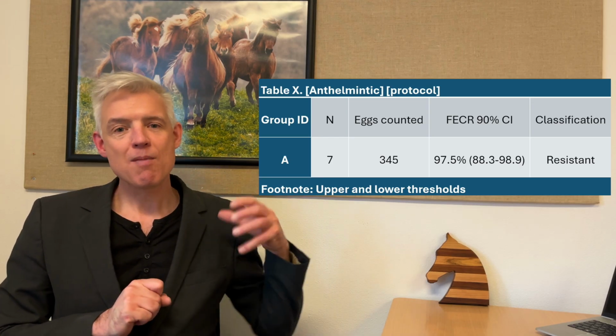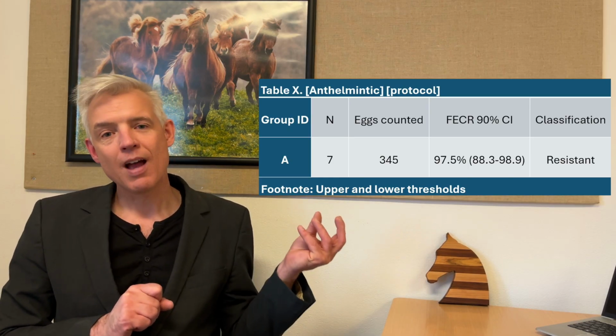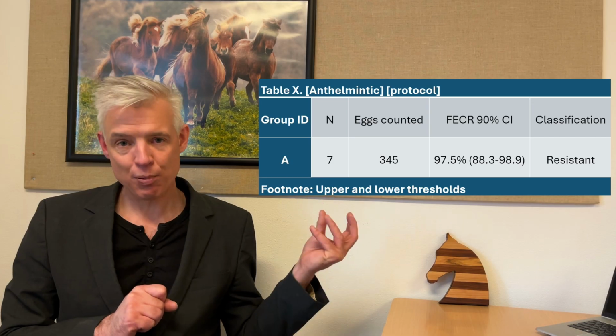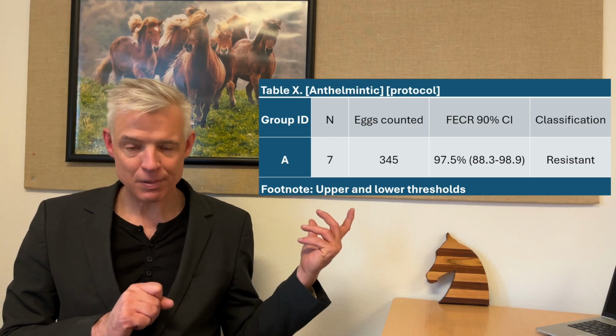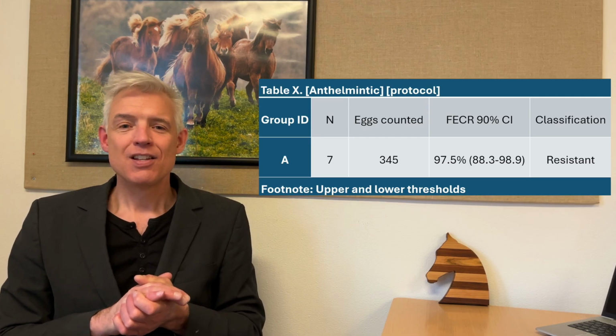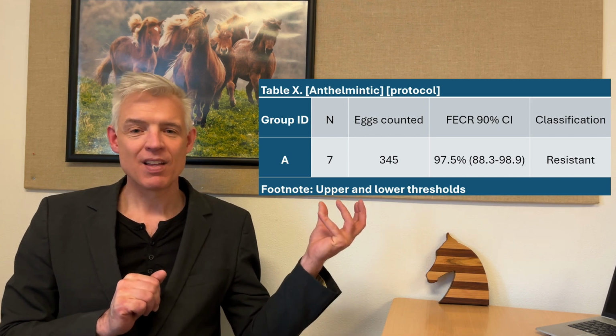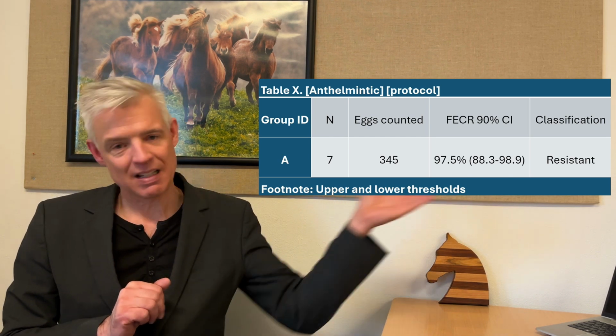And then we recommend reporting the N, the group size, obviously, and the total eggs counted for the group pre-treatment, just that one number is meaningful and informative to us. Then the group mean reduction and the 90% confidence interval as descriptive data, and then the classification in the end. So that's how we recommend that. You can use graphical presentations as well, which is great, as long as you include this information.